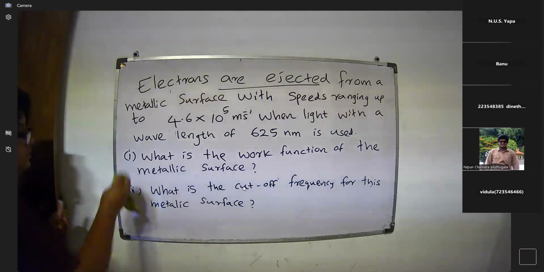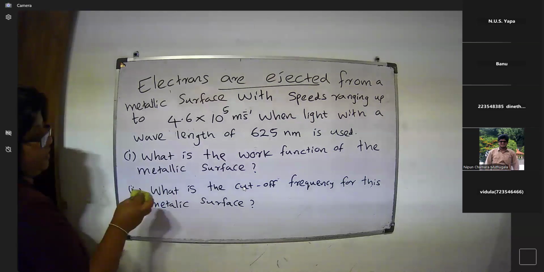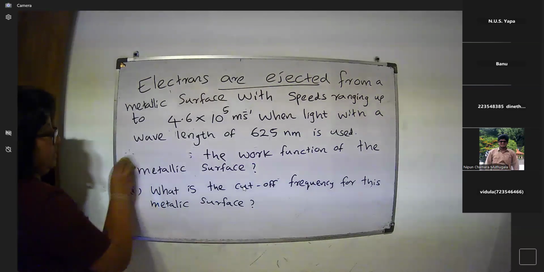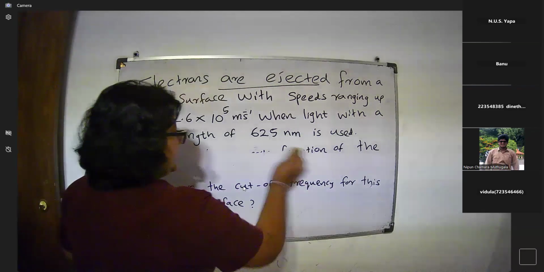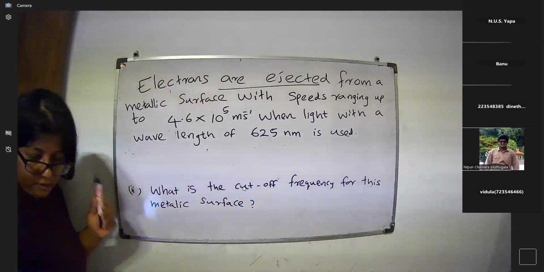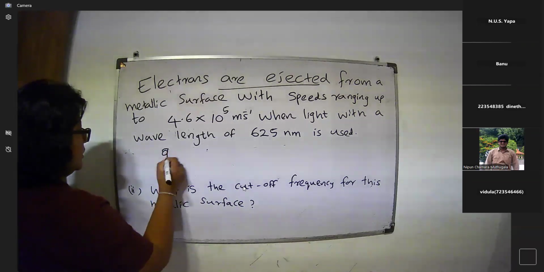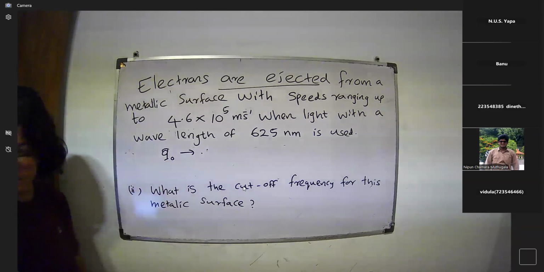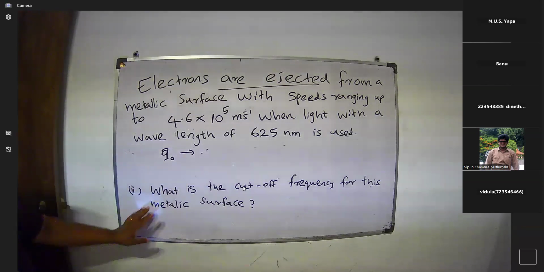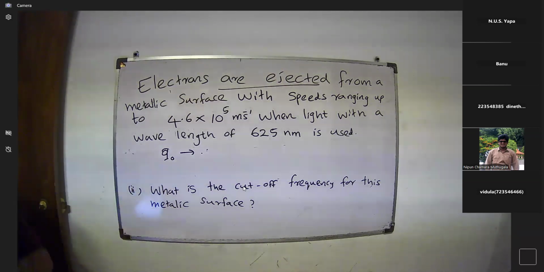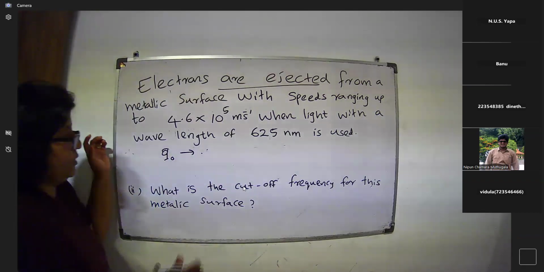Shall I read this one? What is the work function of the metallic surface? Phi naught is what the question is asking. Another one, the cutoff frequency. Then we can answer, it is nu t, the cutoff frequency, that is being asked. Then we can write phi naught